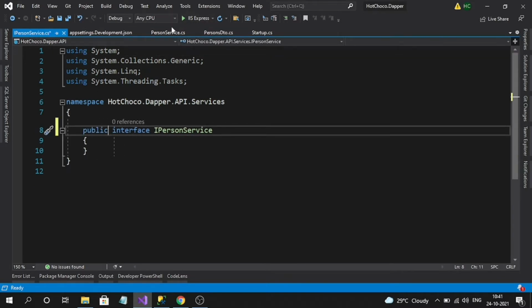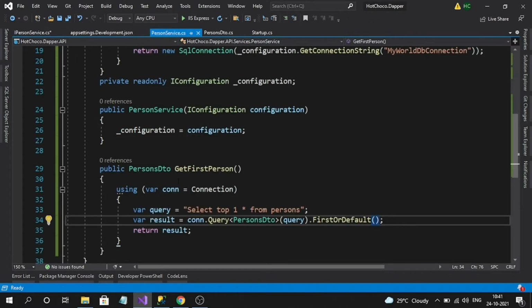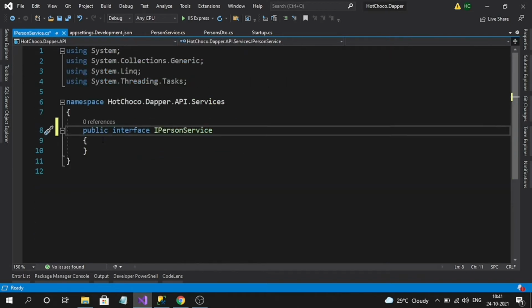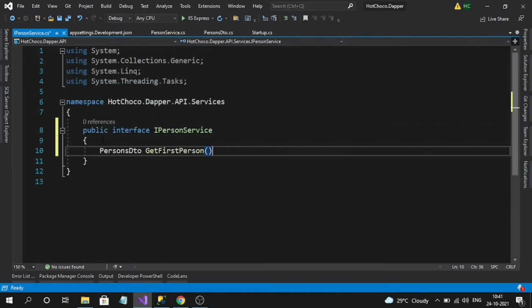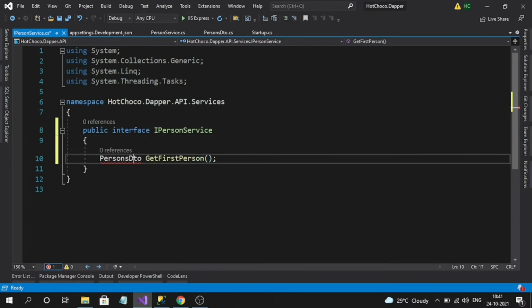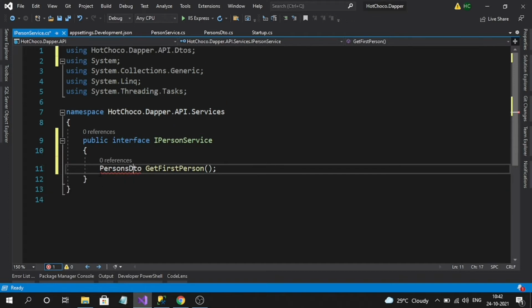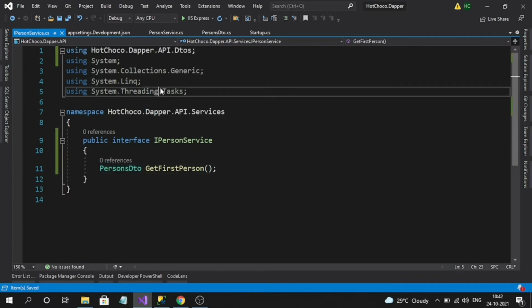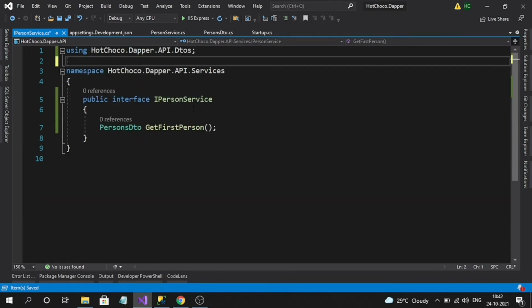So let's define the method definition here. Okay, let's define a method definition like this, and now we can register it in the startup.